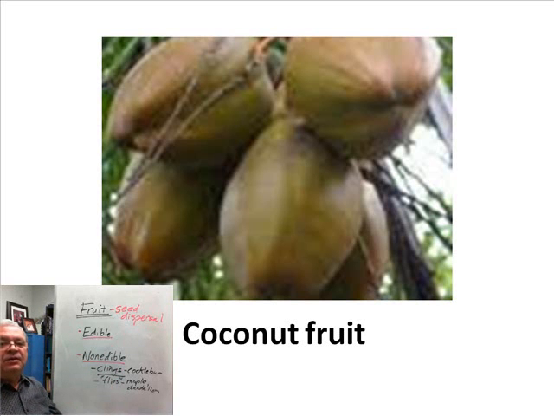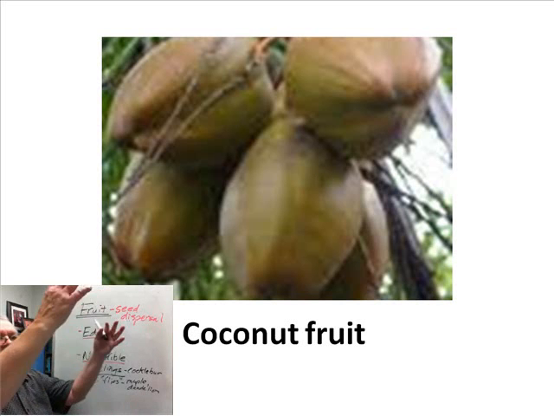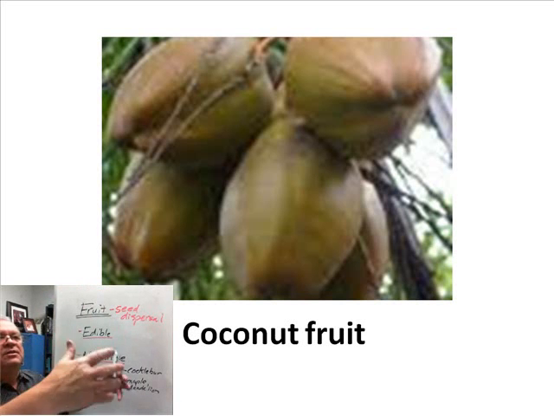But how does coconut fruit aid in seed dispersal? Well, coconuts grow along the shoreline, right? They grow along the shoreline of the oceans and islands of the world, and the tide comes in. Coconut may be on the beach or maybe falls in the water, and the tide comes in, takes those coconuts out. They float across the ocean, roll up, wash up on another shore, and the seed inside there germinates.